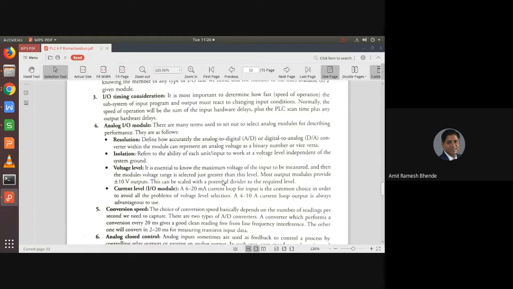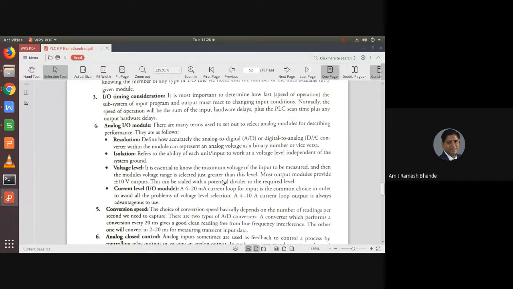Like for example, if the resolution of the converter is 4 bit, that means there is a very less range available as a digital output. Okay, maybe for a few volts only it can give the output in digital form, and if the input voltage increases, then that converter is not capable of handling such a high voltage. So that is a limitation of that particular analog to digital conversion.